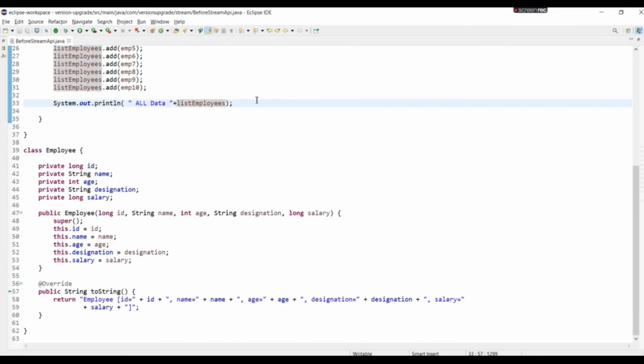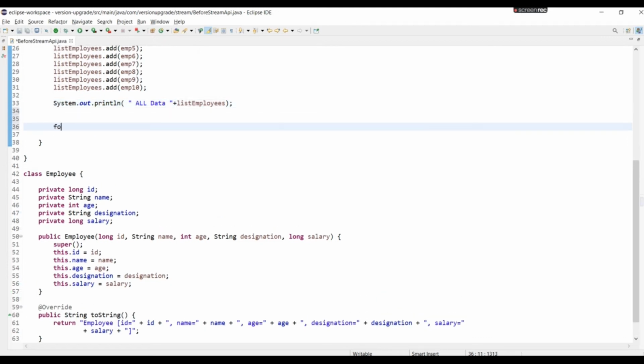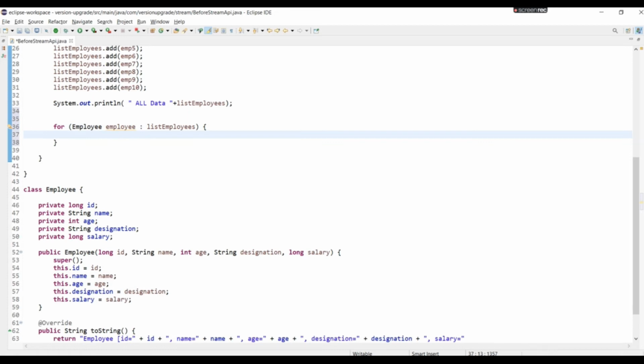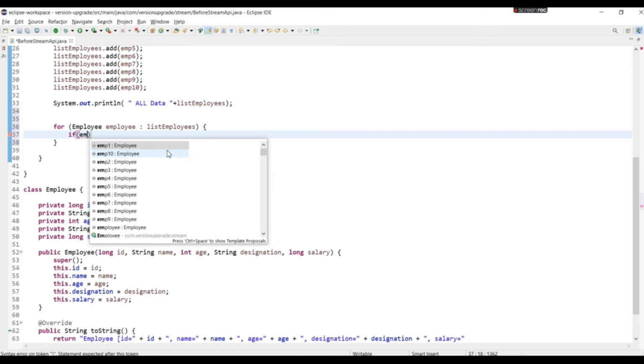Now the next thing is that we are putting the condition. I want employees whose salary is greater than 15,000. Those details I want to be filtered out and shown to the client. So what I will do, I will just iterate the employee objects. I am using the for each, where I have a list of employees, and within that list of employees, I will put a condition. So if employee, from this employee class,